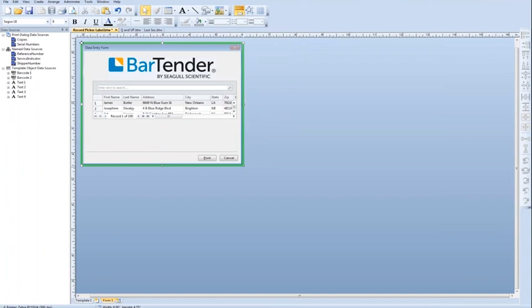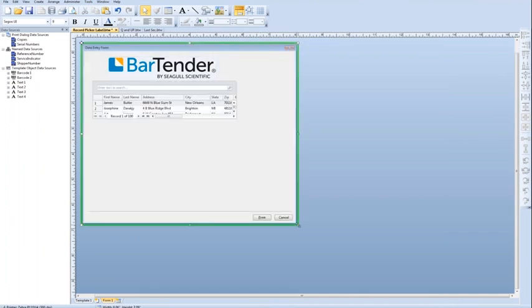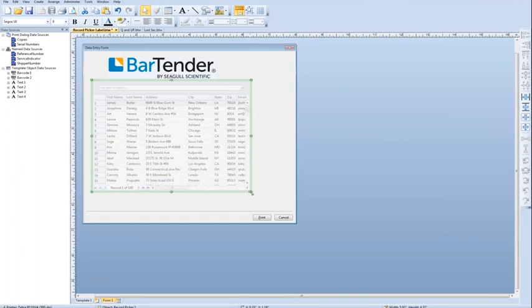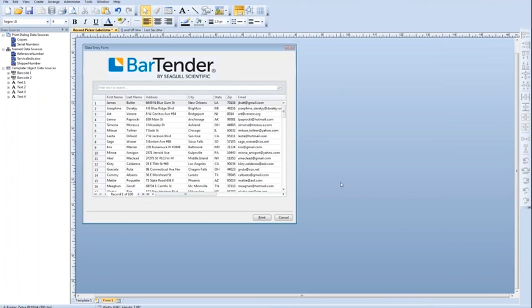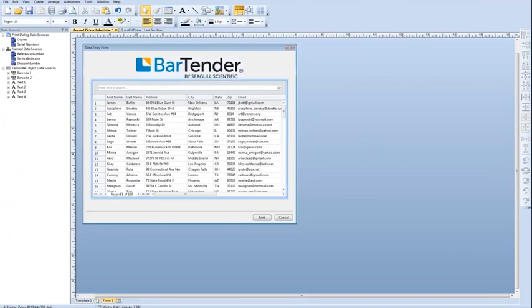is highlighted around. What we can do is actually drag and resize this data entry form to make it fit our needs. Clicking once on the record picker does the same thing, where we're able to resize it. So now from there, we haven't really made any changes. We haven't done anything special. All we did was design our label, connect our label to a database, and then we created this database record